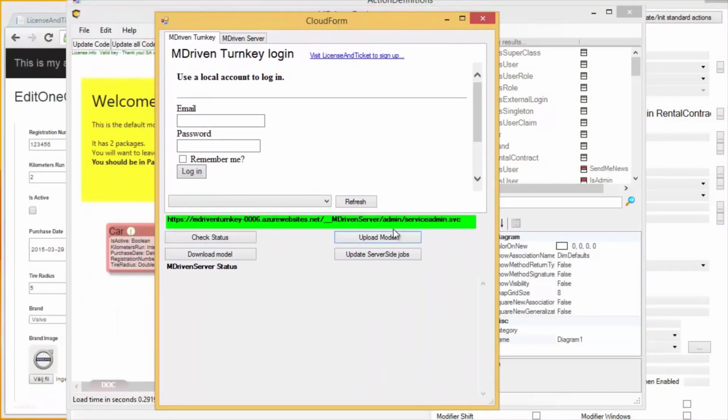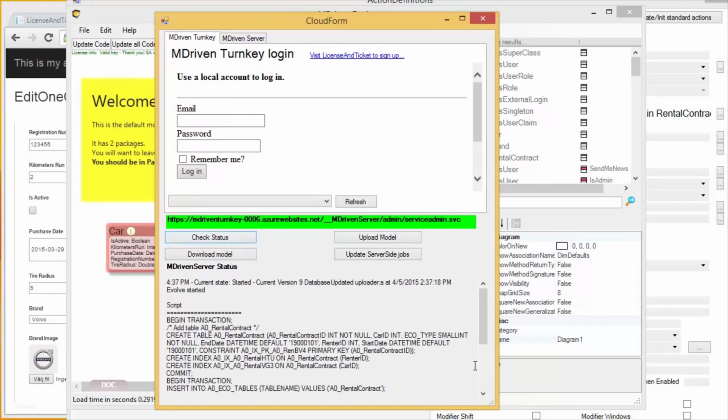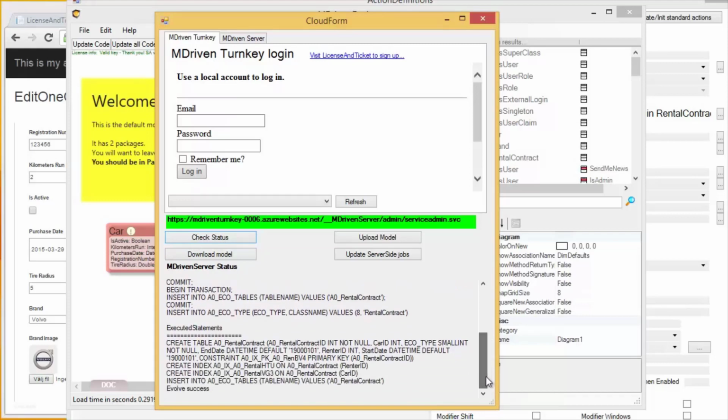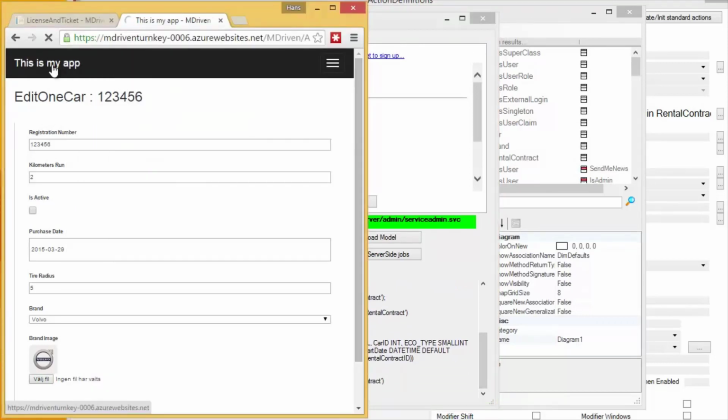So let's check this out. Upload model, and we have added some classes, so there will be an SQL script here. Yes, head back to the application,